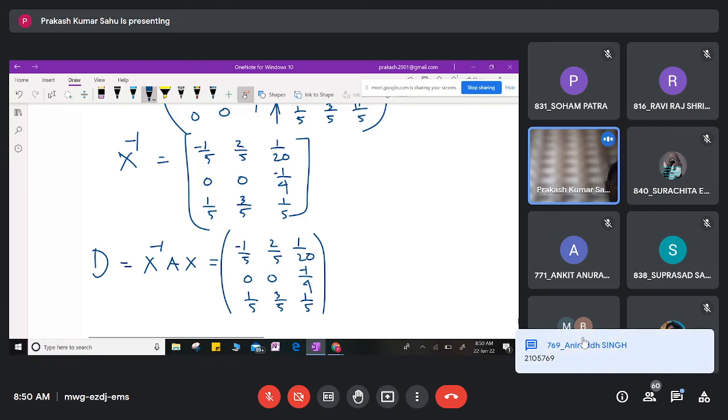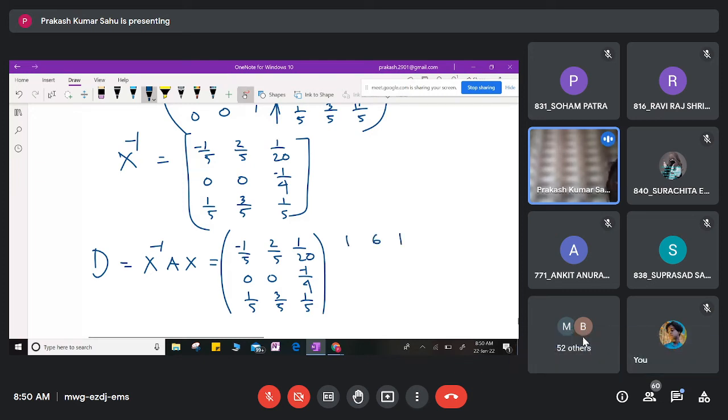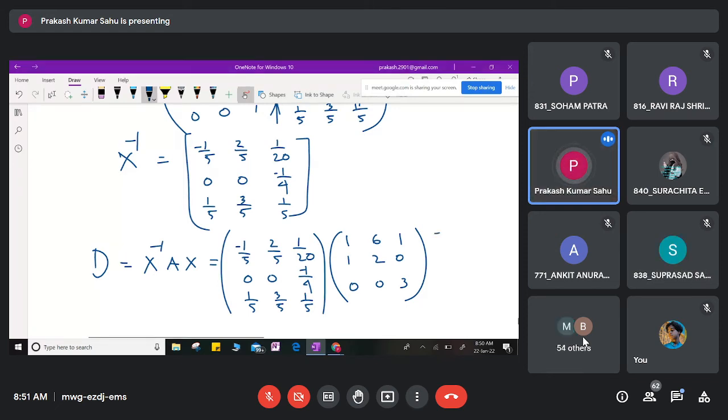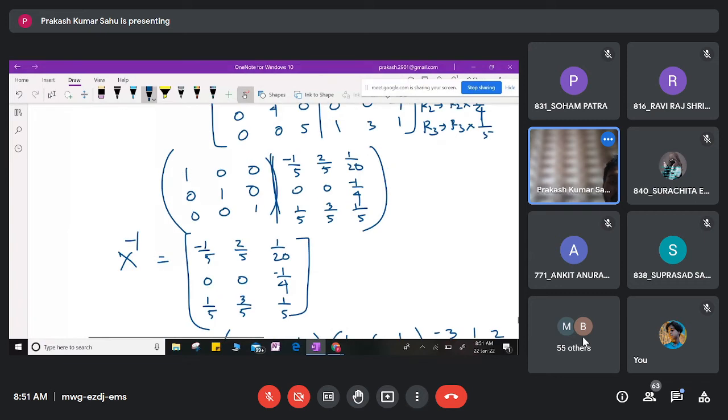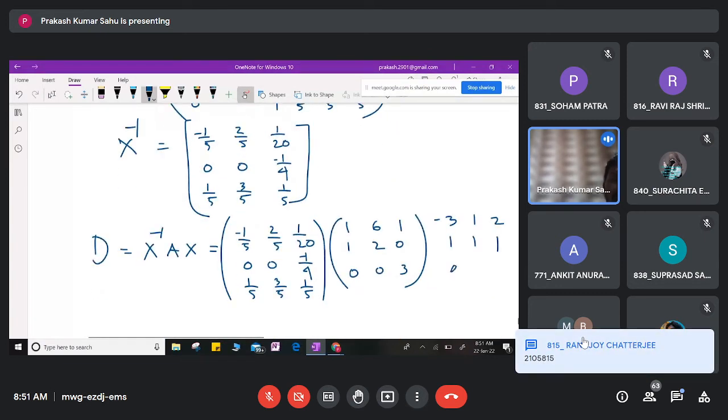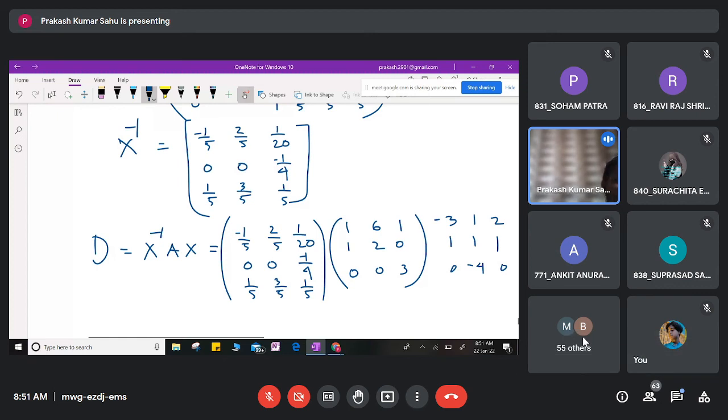Your A matrix is 1, 6, 1, 1, 2, 0, 0, 0, 3, this matrix, and X matrix is what? Your X matrix is -3, 1, 2, 1, 1, 1, 0, -4, 0. ये मैट्रिक्स था।